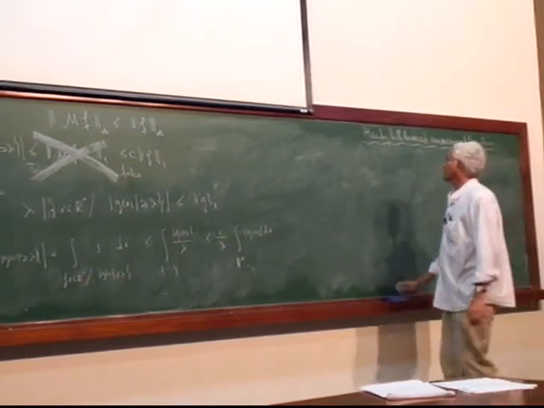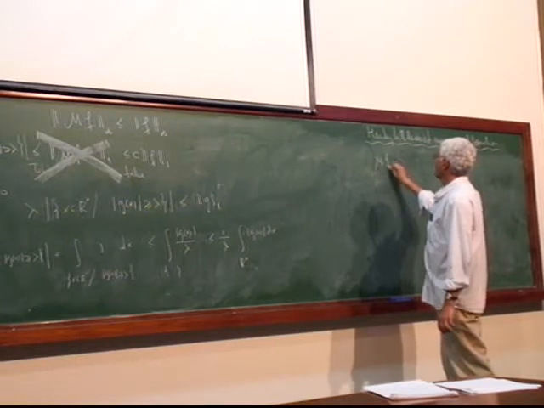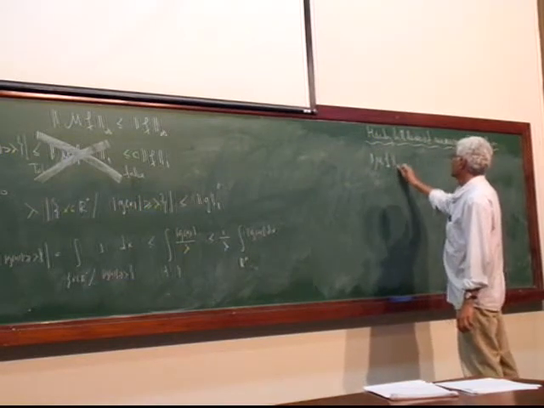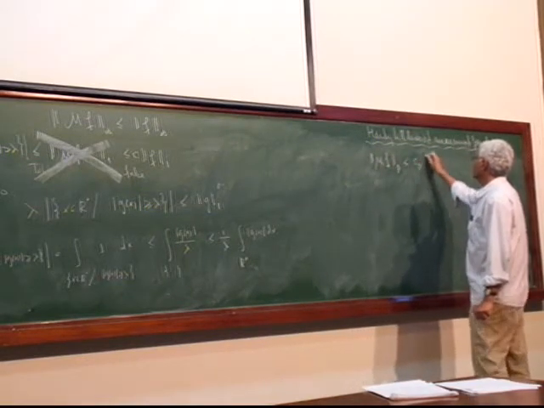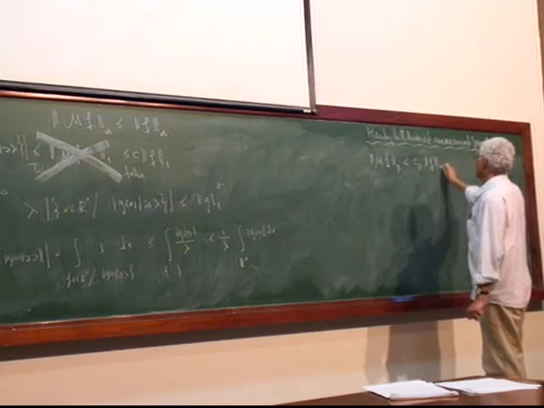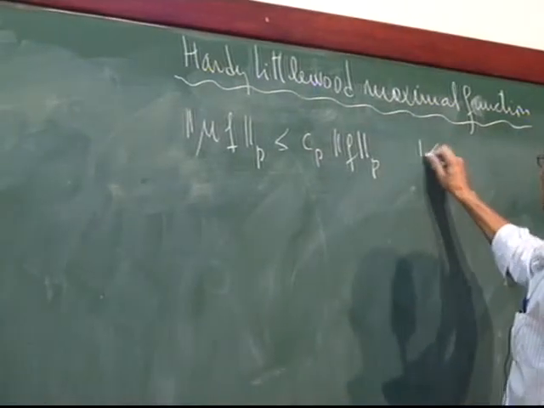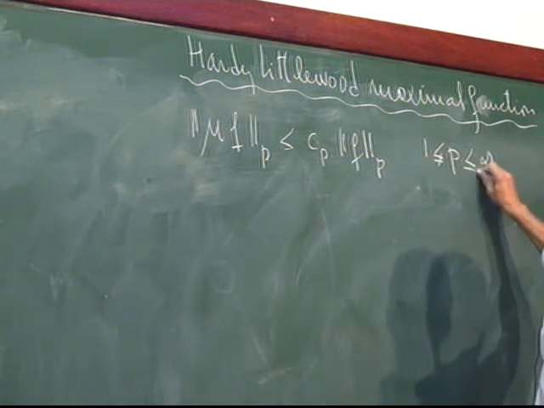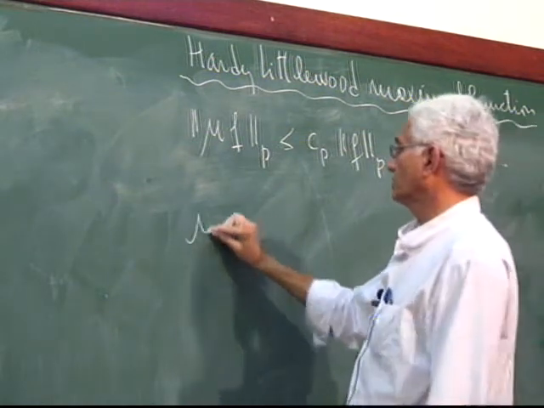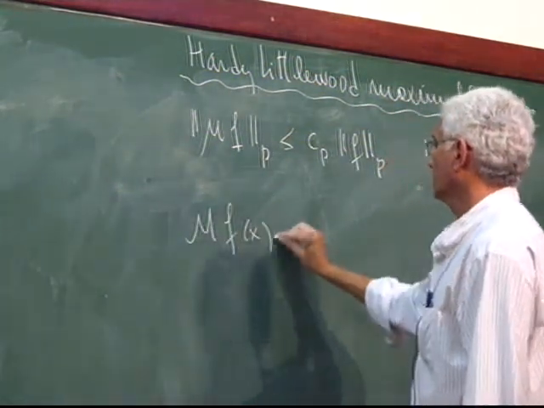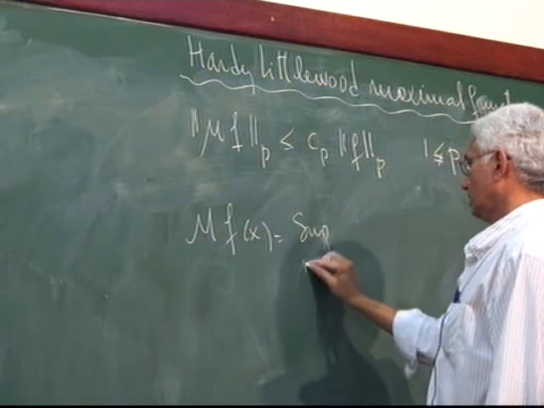Then we have that the maximal function of f in L^p is less than some constant C_p times f in L^p, for all p between 1 and infinity, where the maximal function of f of x is the supremum